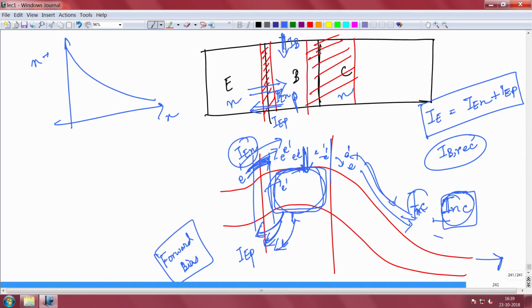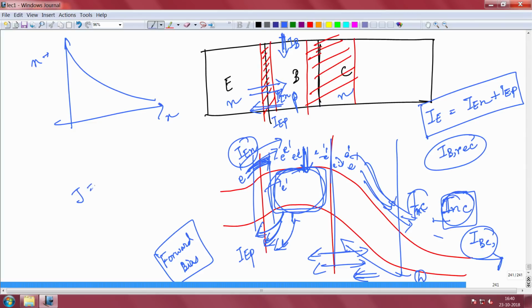Now, because this base-collector junction is reverse biased, there will be a reverse leakage across this junction. That reverse leakage, I can say IBC, is because any minority carrier that comes here is swept away to that side, any minority hole that comes here will be swept away that side. So the direction of current is in this direction, both ways. That is the base-collector leakage current. You remember, in a reverse biased junction, J equals minus J naught, ideal diode, and there can also be generation-recombination. So this is the reverse saturation current that will be there, I call it IBC comma reverse.